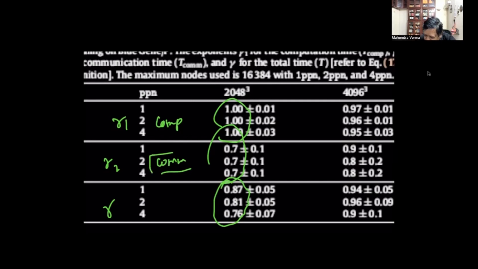So this communication switch was very good. This was a Torus architecture, T3, but the processes were slow. This was 7 megahertz processors, PowerPC, not a very fast processor. So communication was good and computation was relatively slow. As a whole, we are getting a good exponent for the total.